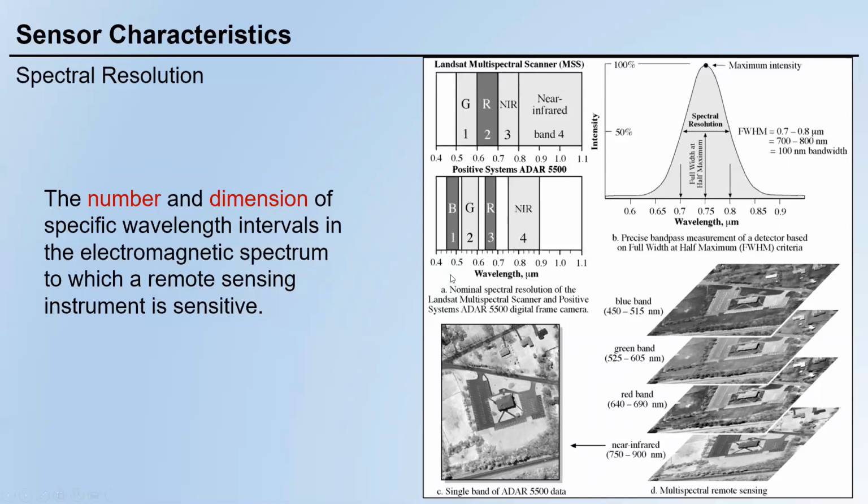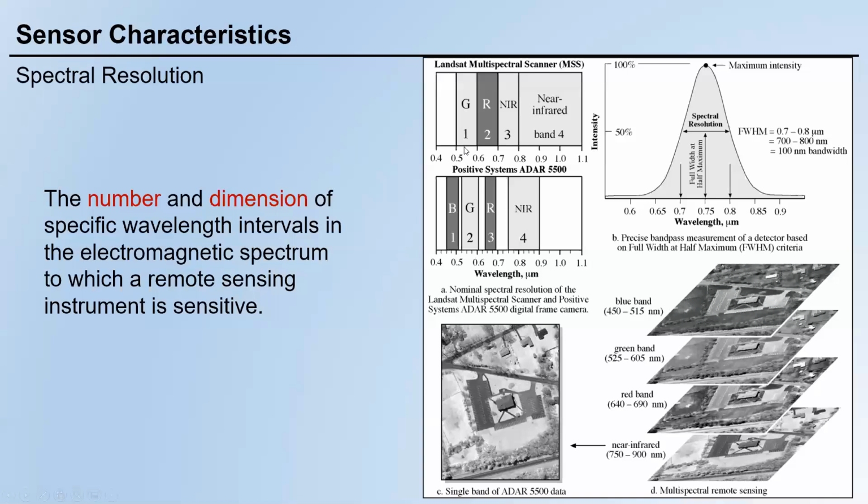It's from 0.52 micrometer to 0.6. Obviously, the width for this green band is smaller than the green band from MSS,